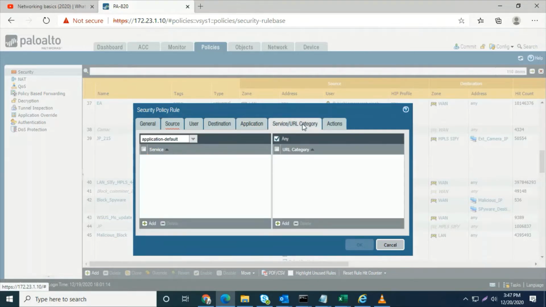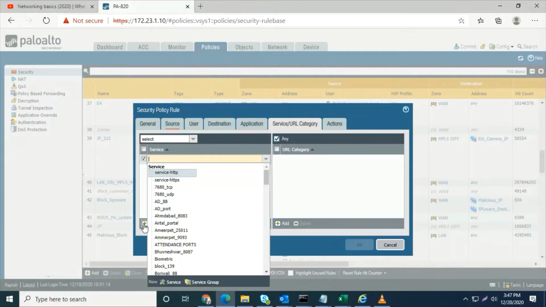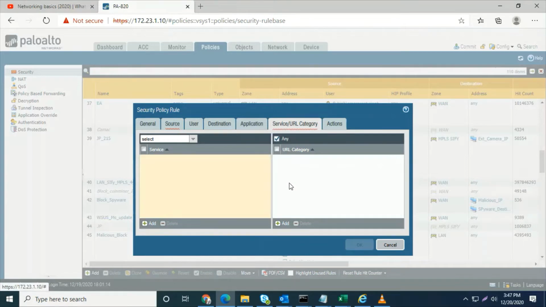And Service: which services do you want? I apply application-default. Or if we have any specific port, like HTTPS, we click on the Add button and add these ports and protocols: HTTPS, HTTP, Telnet port 23, 22, 8080, any customized ports that are required.